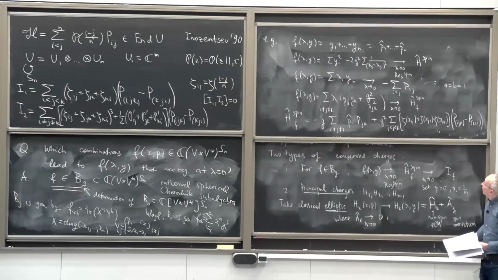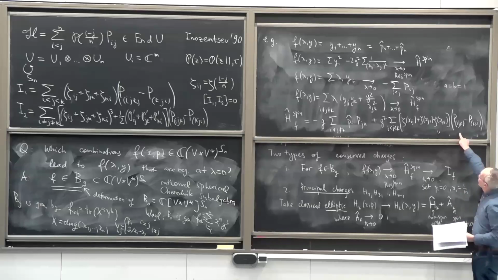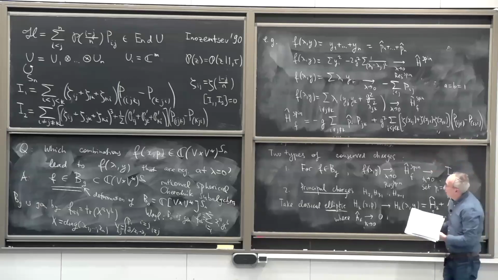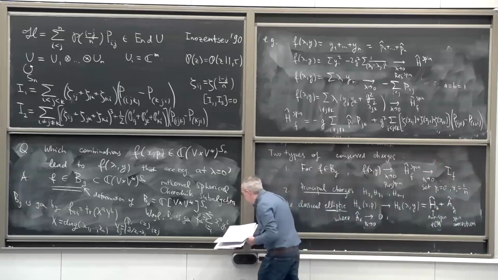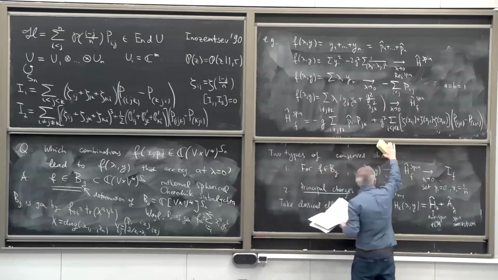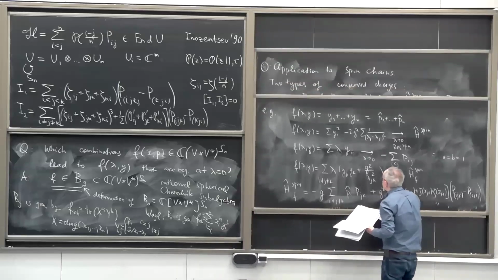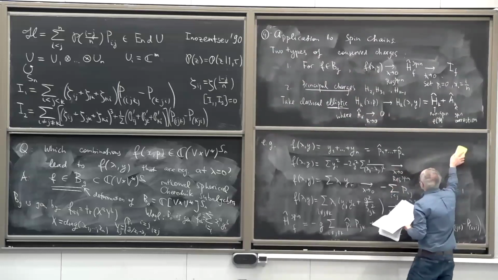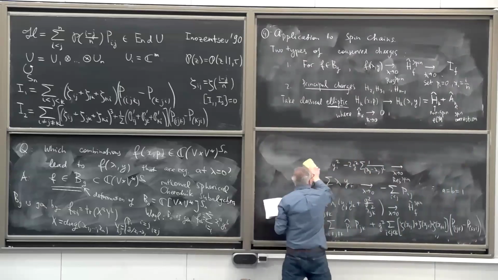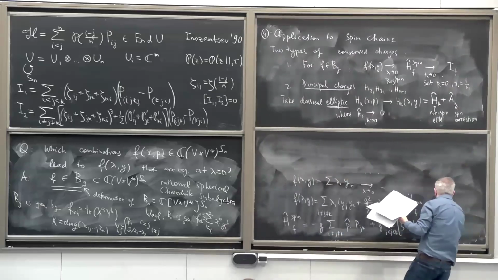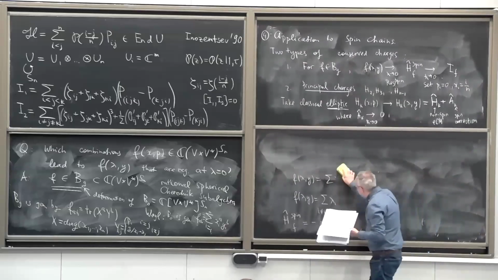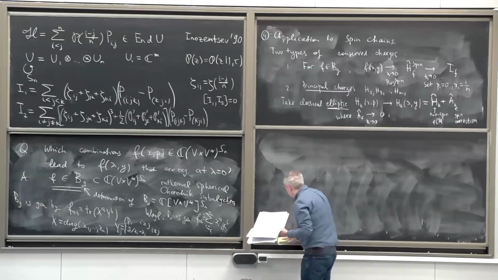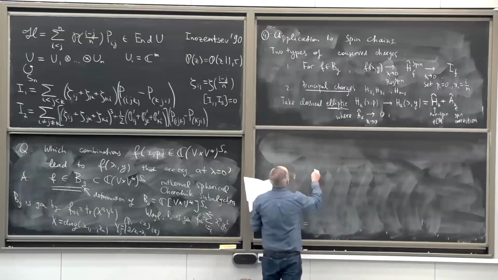Now I need to... Yes, this one I can erase because you already see how it relates to the construction. And so this is the splitting property, and so we define